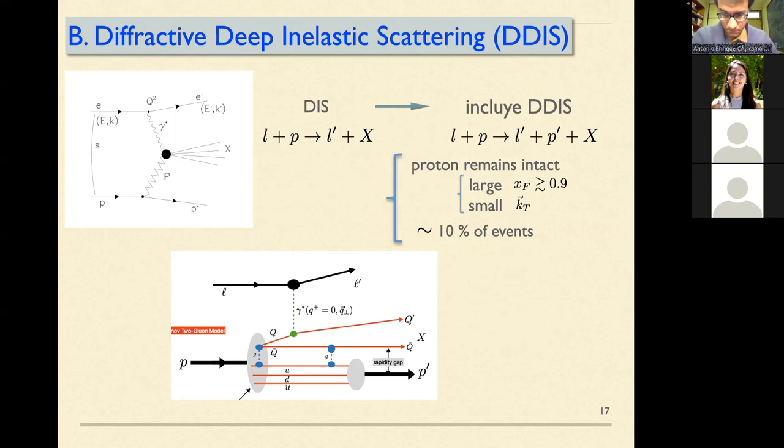What does it mean? It means that it includes part of the events that are diffractive. That means that they are high energy but low momentum transfer to the proton, and this can be shown in the graph on the left. So the proton really doesn't break up; it remains a proton, and it's a sort of Pomeron exchange there. You can think of the Pomeron as several gluons interacting there.